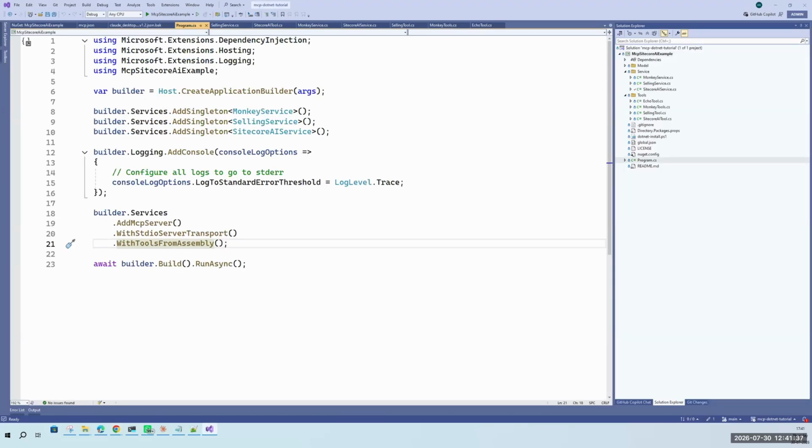Generally it has dependency injection, so here I am utilizing the services. I have added the dependency so that I can utilize these services. And these are the configuration just for logging purposes, and these are the AddMcpServer calls. You need to add these line items into your Program.cs file so that it registers MCP into the .NET DI pipeline, and it will be discoverable by your agent itself. I'm utilizing the stdio server transport, but based on your requirement, you can use the HTTP transport itself.